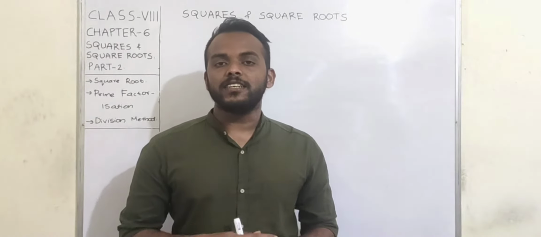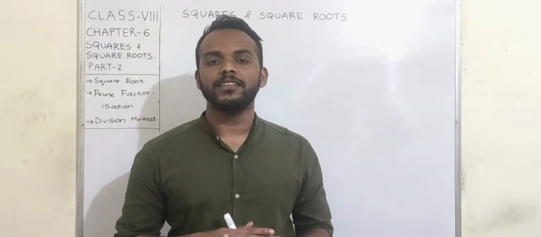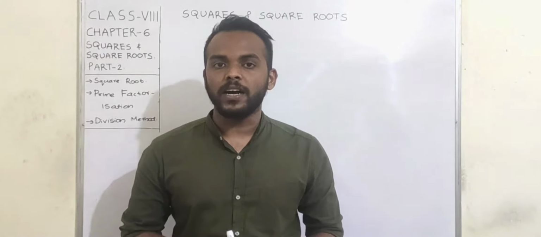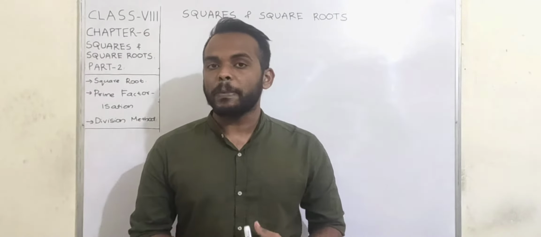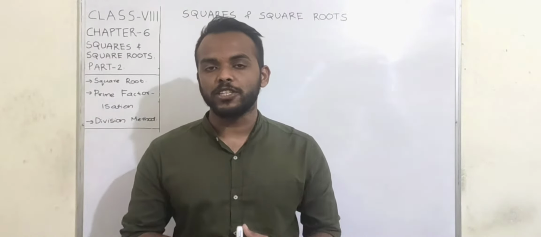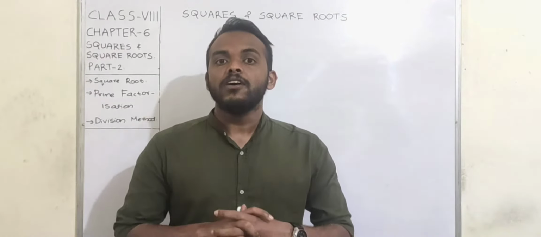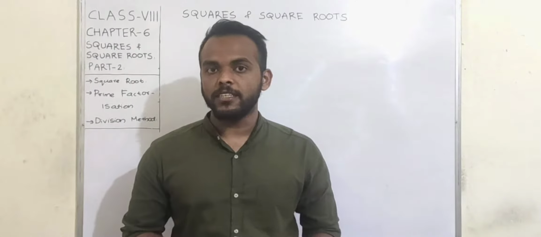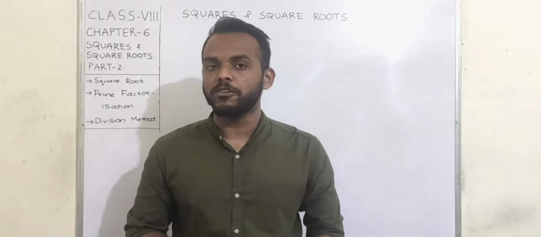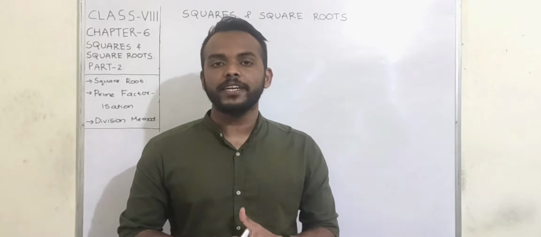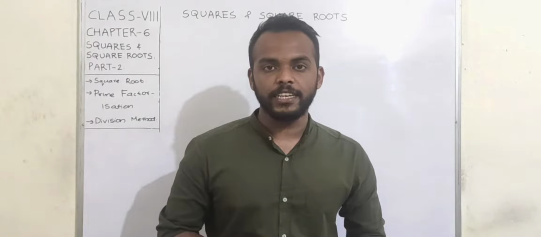Today we will discuss where we left off from our last class, that is squares and square roots. In the first part we discussed how to find the squares of any number and what patterns can be observed in the collection of square numbers. Now we are going to discuss the reverse process, and that reverse process is going to be done throughout this session. So I hope you will listen very carefully.